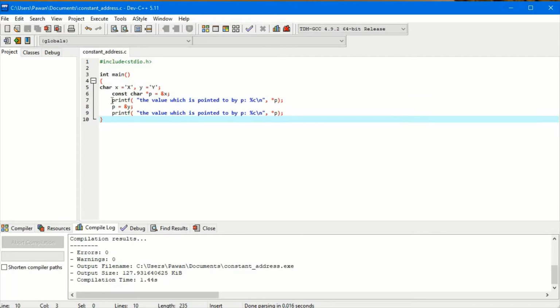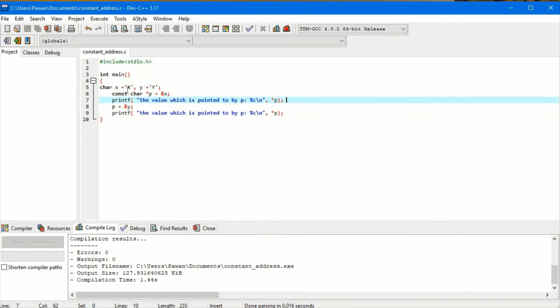In the first statement I am saying printf the value which is pointed to by p. Asterisk p means the value that p is pointing to. Here p is pointing to the address of x, so definitely the value of x will be printed by printing asterisk p.